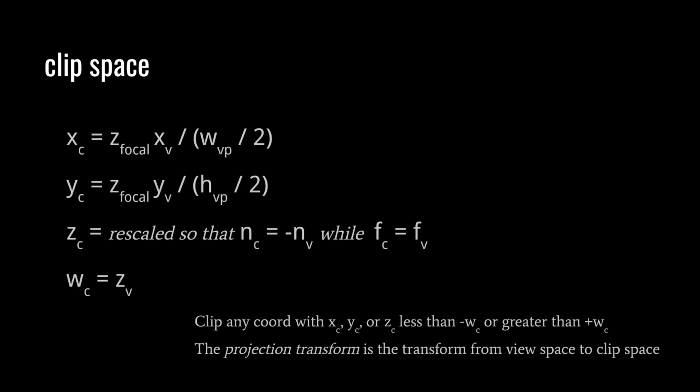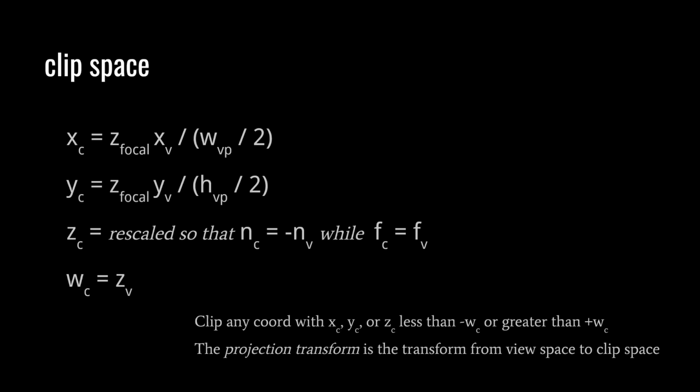That's the easy part. To get the x of clip space, we're going to take the x of view space, multiply it by the focal length, and then divide it by half the width of the view plane. The view plane, again, is the imaginary grid of pixels that is in our 3D world, centered on the origin, but set some distance, a focal length distance, up the z-axis. And we imagine it to have some width and some height that effectively determines the aspect ratio of our output image. So that's how we get our clip space x's, and for the y's it's the same deal, except instead, of course, of the view space x, it's the view space y, and it's the height of the view plane